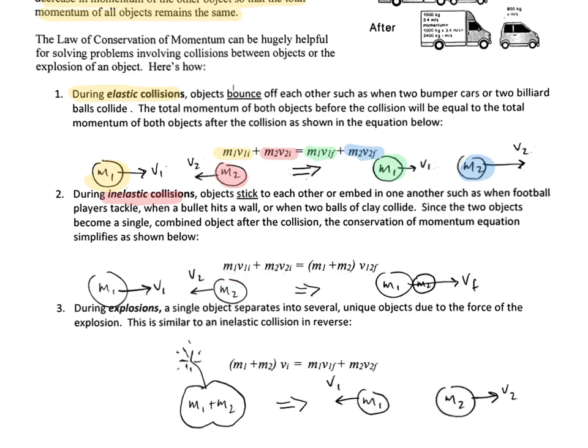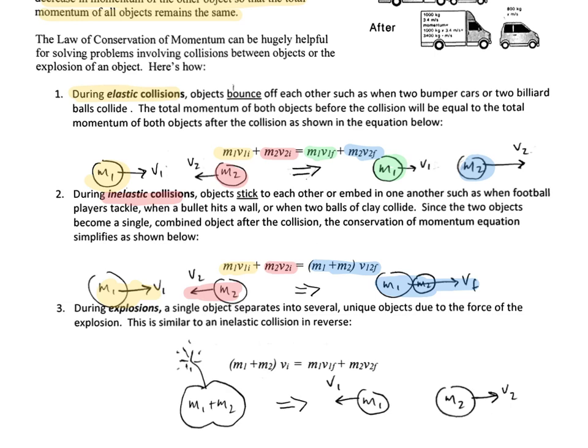So for example, now we've got object one, which is moving to the right with a velocity, and object two is still moving to the left. But now, after they collide, they stick together, and they become a combined object over here moving with a common velocity. And so we have the same equation as before, where we have the momentum of the first object plus the momentum of the second object, but now it's going to be equal to the combined momentum of both objects after the collision moving with a common velocity. So this is actually a simpler situation than in an elastic collision.